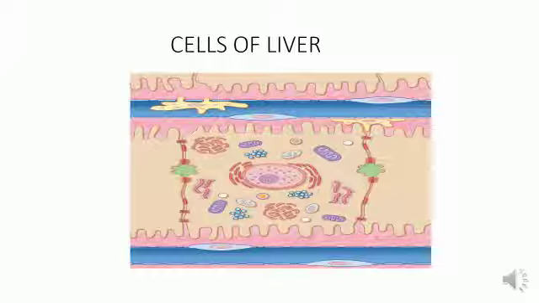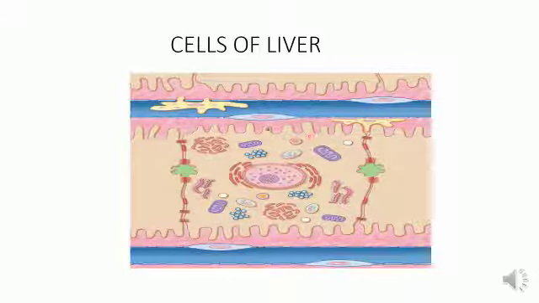Next, coming to the cells of the liver, there are mainly three types of cells seen in the liver. The first one is hepatocyte. You can see this is a large hepatocyte. These are the sinusoids lined by the endothelial cells. The hepatocytes are large cells with round open nucleus and a prominent nucleolus. The cytoplasm contains numerous mitochondria, rough and smooth endoplasmic reticulum, well-developed Golgi complex, lysosomes and vacuoles containing various enzymes. All these features are correlated with its high metabolic activity.